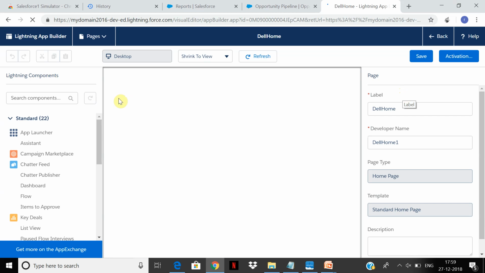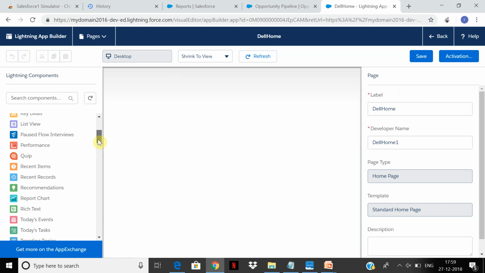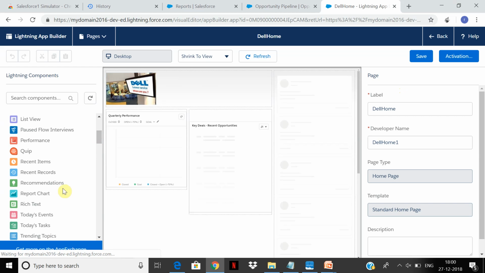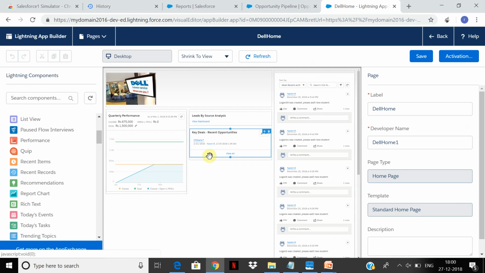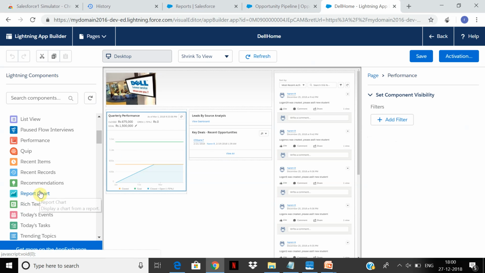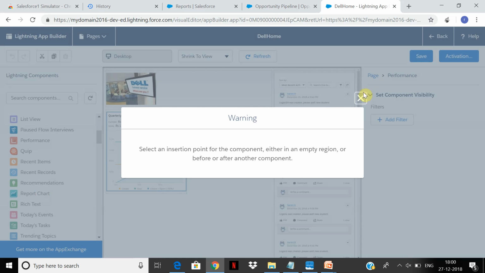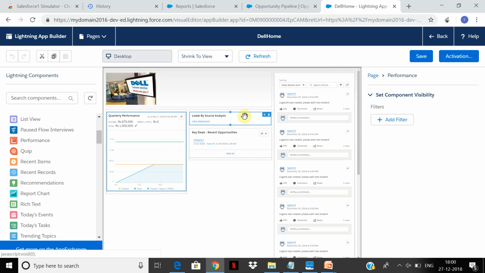But just to show you here, if I go here, I'll select this. Right now it's already showing one, because there is already a report here.